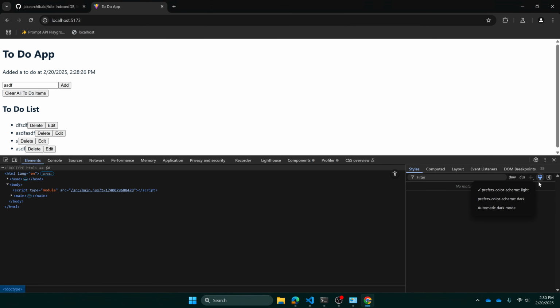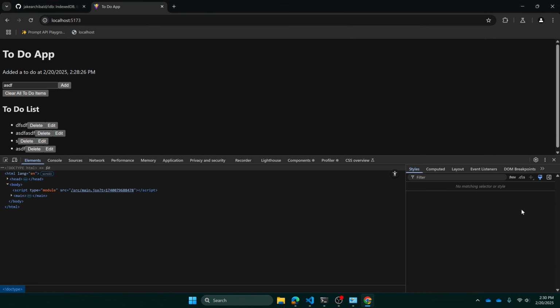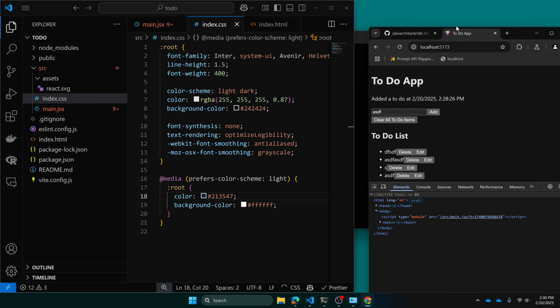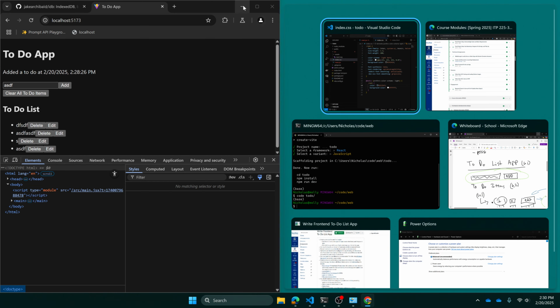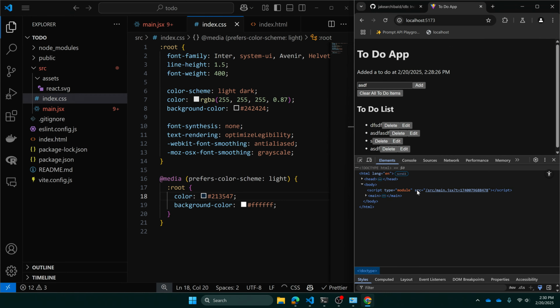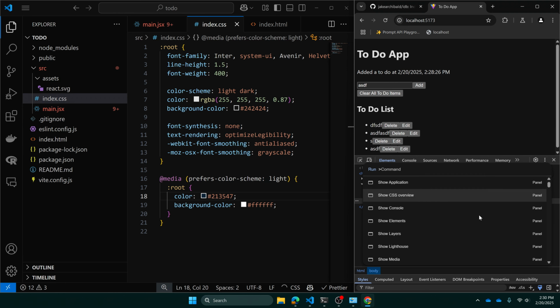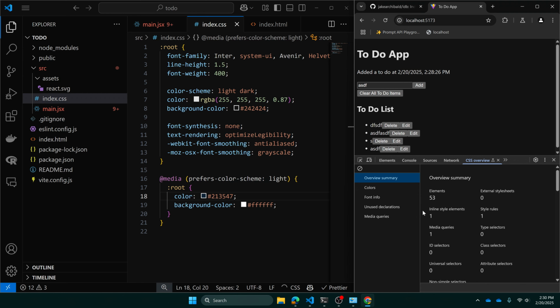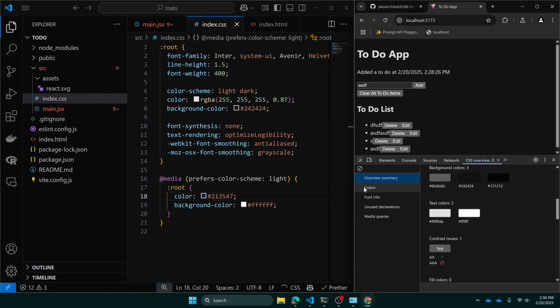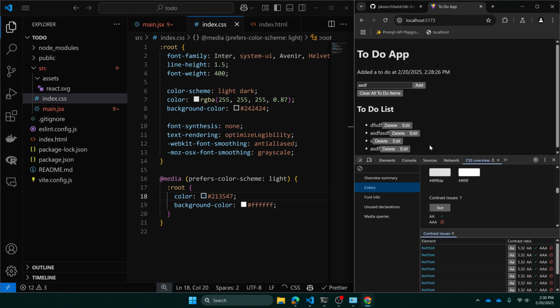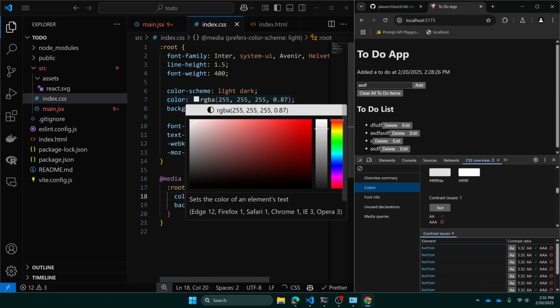Let's go back to automatic, which is dark mode. I can also change this in the browser settings or the system settings, but let's open up Control-Shift-P CSS overview, and colors. This was our problem. So right now we're in dark mode, and in dark mode